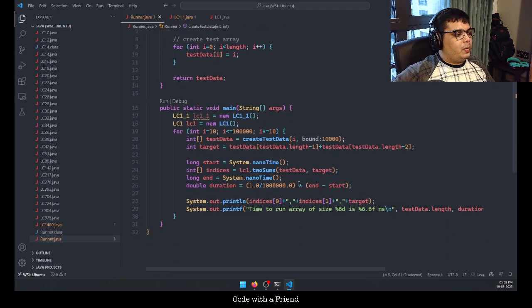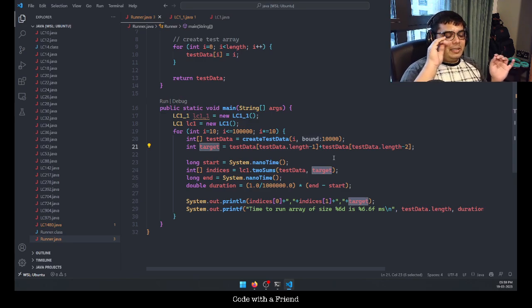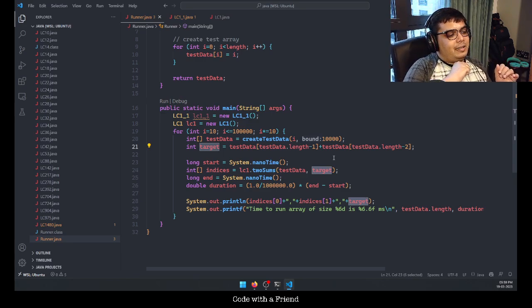And eventually, the target we would decide as the last element and then the element before that. So those two elements, the sum of that will be our target. So in this particular case, we would ensure that there are... So the thing that we discovered is even if we use this rule for target and we had our test